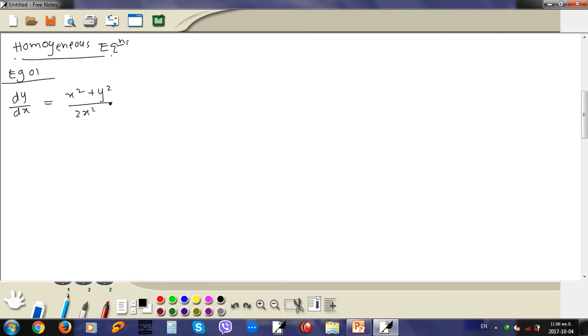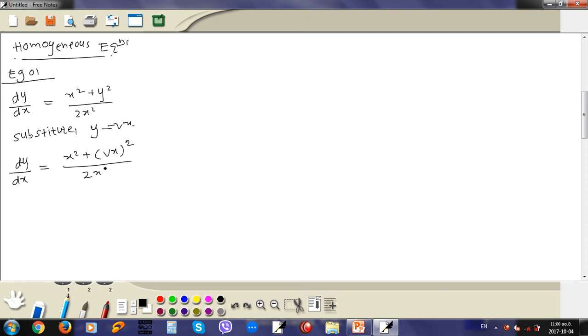As we discussed in the theory, to check the homogeneity, what we have to do is substitute y equals vx. So dy by dx equals x squared plus, instead of y we substitute vx squared,